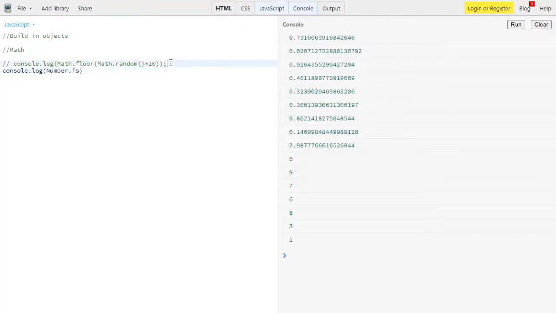Okay, let me check it. Then we have let _data equal to, I'm giving 2020. Then we have _data, try to run it, control enter.